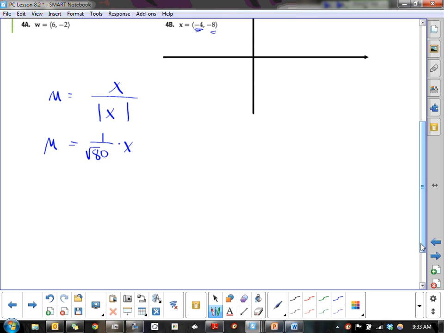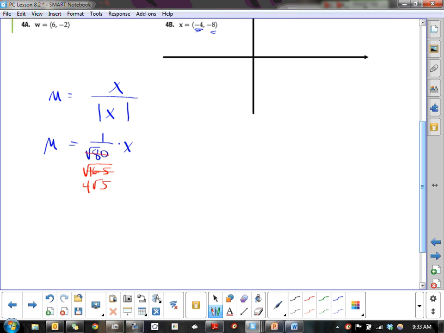Square root of 80, does it have any perfect squares in it? I think 16's the biggest. Isn't it 16 times 5? 4 goes in there, but then that'll be 20. And that'll be another 4, so it's 16. So this is going to be the square root of 16 times 5, which is,